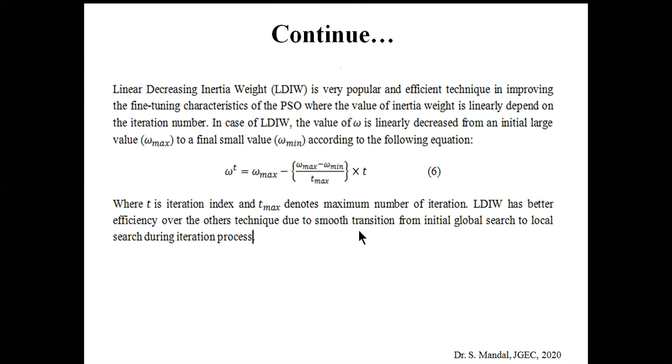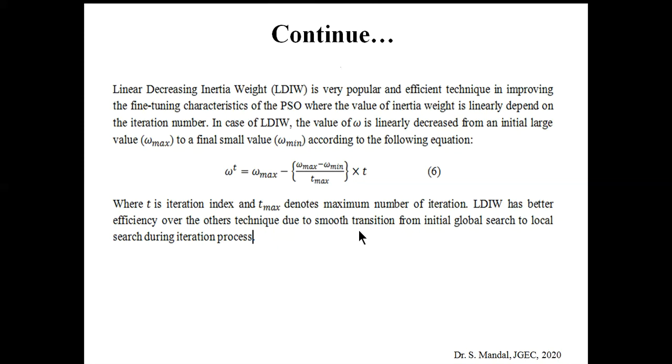Moreover, there is also another strategy, exponential decreasing inertia weight, that is not discussed in this class. Basically, exponential decreasing inertia weight is nothing but w_t+1 equal to w_t multiplied by a constant, like 0.99. Suppose the initial maximum value of inertia weight is 1.